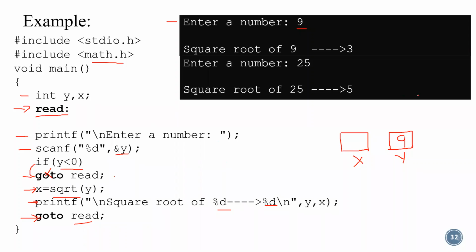Got it? I'll run it and show. So this program you can try. And in order to come out of this, you can give one more condition: if y is equal to 0, then exit. Exit is another function which you can use, EXIT, I'll show you in the program. It will come out of any of the loops, or if you want to completely stop the running of the program, you can just mention exit.